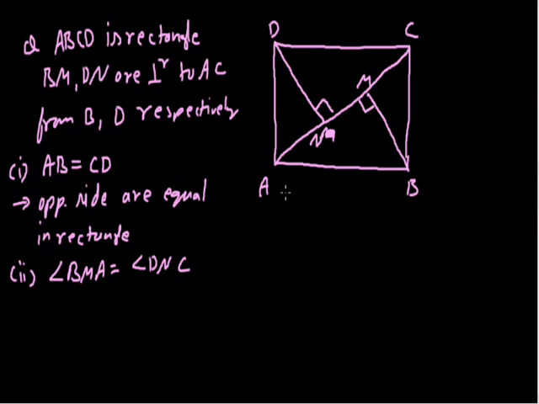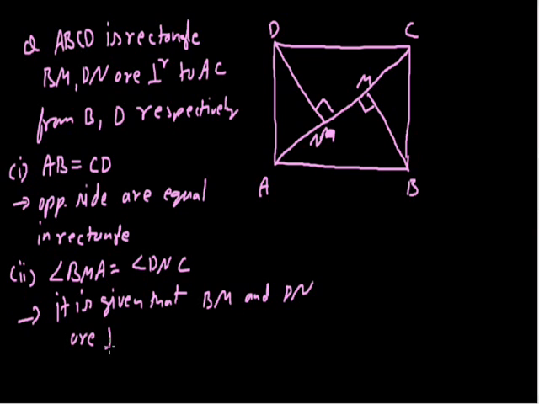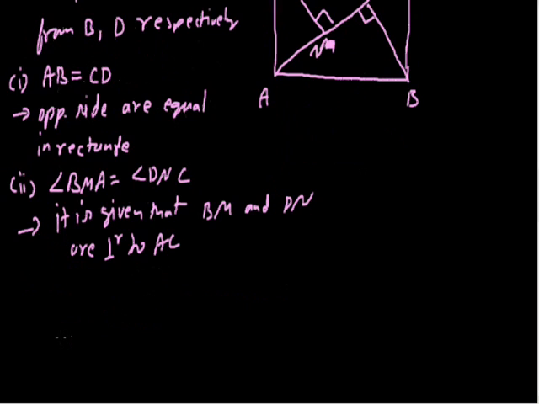We have to give the reason why BMA is equals to DNC. Clearly it is given that BM and DN are perpendicular to AC, so that's why they are equal. Now the third statement